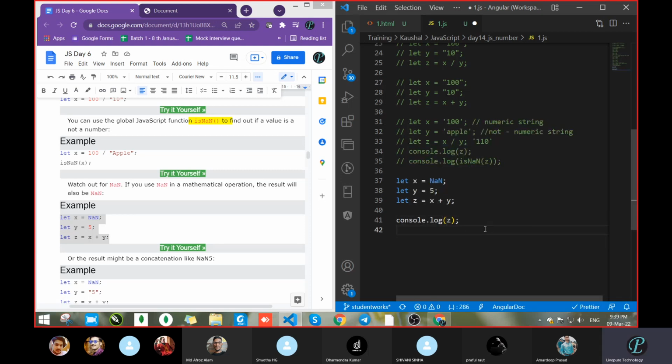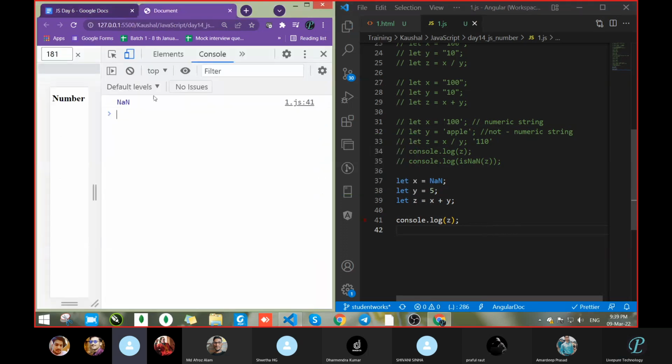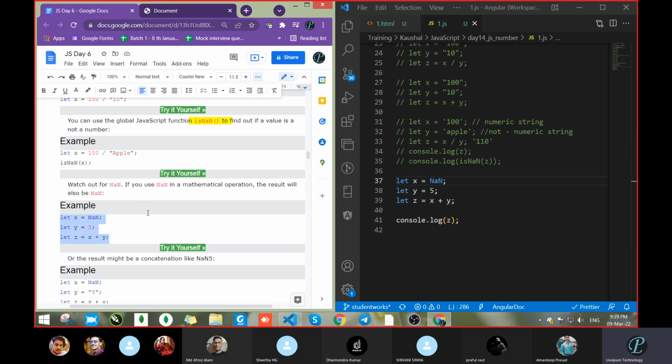Output will be NaN. And this NaN acts like a value. This is not a variable or the result. Got it?